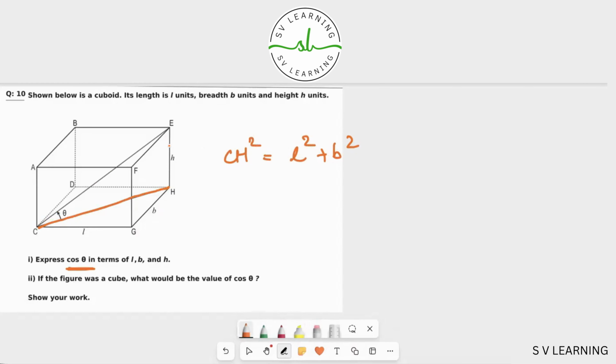Similarly, CE here is the diagonal of the cuboid. The diagonal of the entire cuboid is given as under root of the length square plus breadth square plus height square. I'm writing in the squared forms though. Now, if we look at EH, EH square is equal to H square. Now, if I look at the triangle CEH here, so I can analyze that